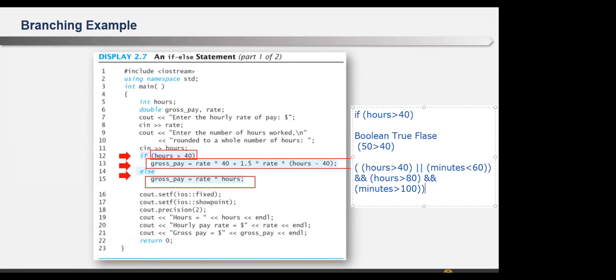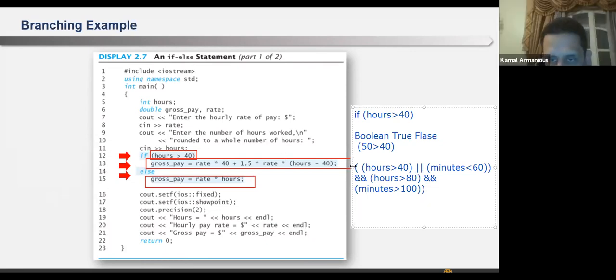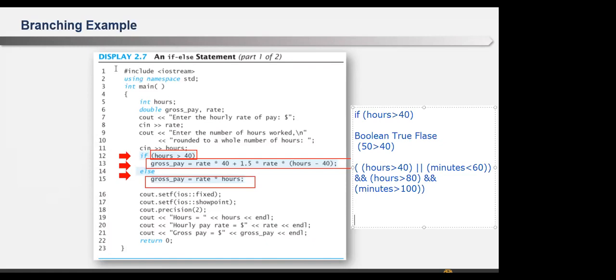The OR gives true if one of the two conditions is true, and the operator AND gives true only if the two conditions are true. Great, Ghada.